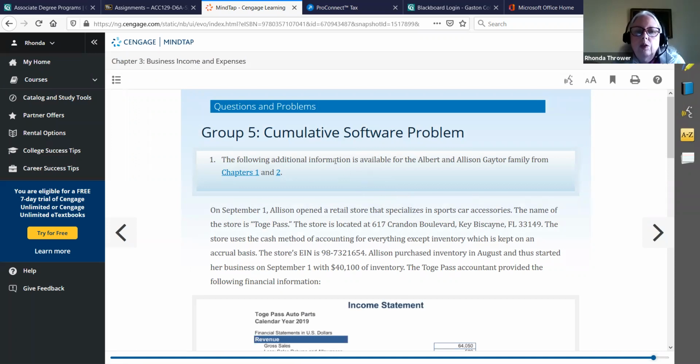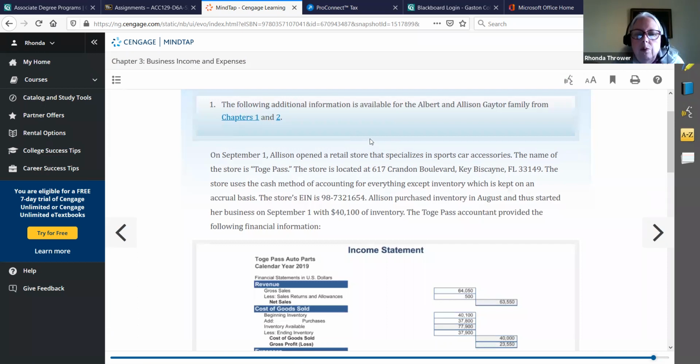All right, we're going to be working on the Group 5 Cumulative Software problem using ProConnect from Intuit. In this particular problem in Chapter 3, we're going to be continuing the problem from Chapter 2, and we're going to be adding a Schedule C because on September the 1st, Allison opened a retail store that specializes in sports car accessories. The name of the store is Tow Pass, and the store is located at 617 Crandon Boulevard, Key Biscayne, Florida, and the zip code is